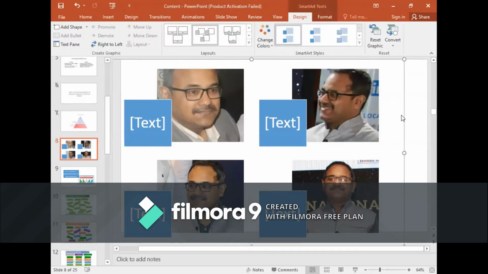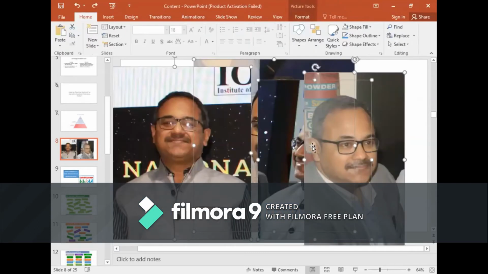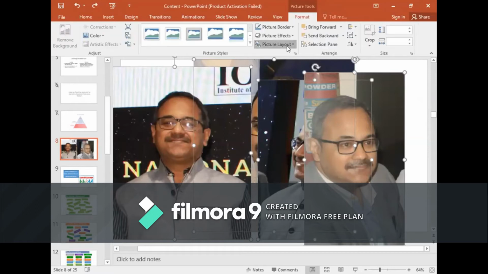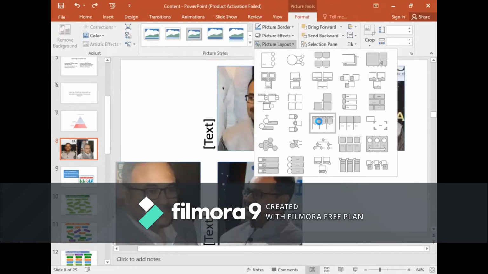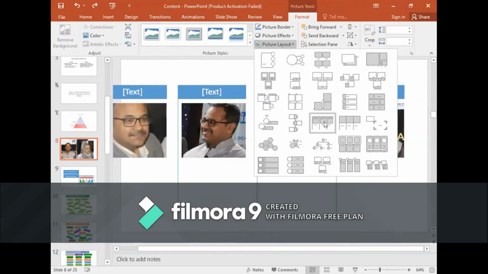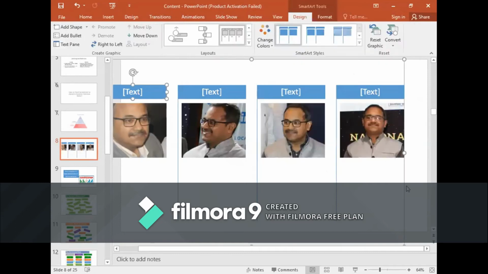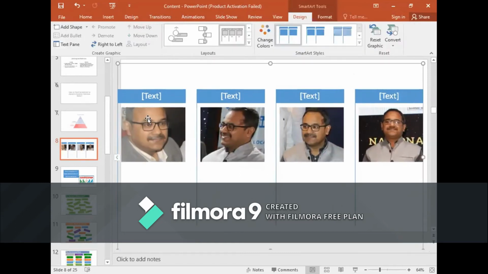So you can keep on changing these things also if you want. If I just have to go back and choose some other style, then again I can go to Format, go to Picture Layout. So suppose I want maybe this one, right? So if I've taken this, look how it happens, right? So it aligns all the 4 pictures. So you can put a heading here, you can write things here if you want, and see the granularity of this picture. So right, it's become such a good way that you can put things and it looks so neat